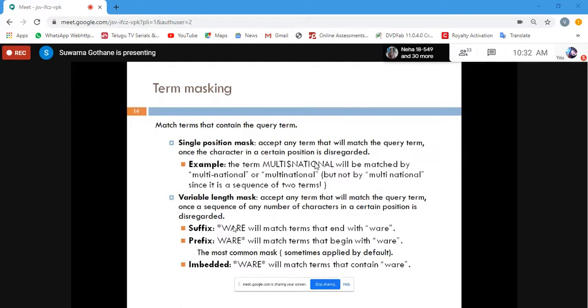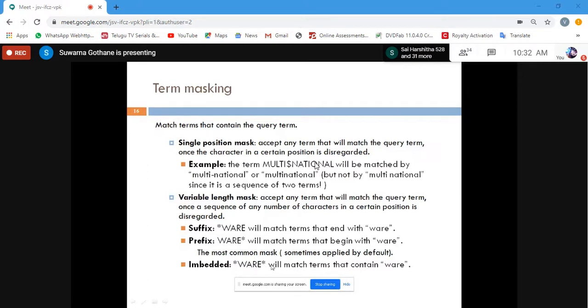Prefix talks about the terms which begin with "where", like warehouse, or any other words which start with "where". And in embedded, on the left hand side we can mask some other words and alphabets, and on the right hand side also. So, data warehouse. Okay, like this.